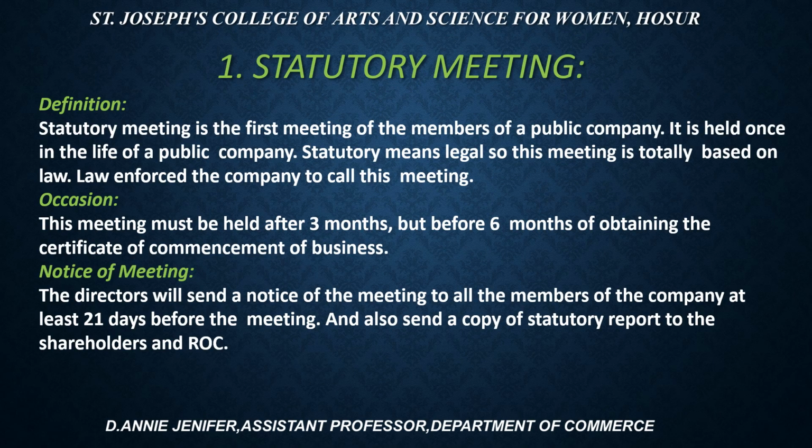What is a statutory meeting? Definition: a statutory meeting is the first meeting of the members of a public company. It is held once in the life of a public company. Statutory means legal, so this meeting is totally based on law. Law enforces the company to call this meeting. Occasion: this meeting must be held after 3 months but before 6 months of obtaining the certificate of commencement of